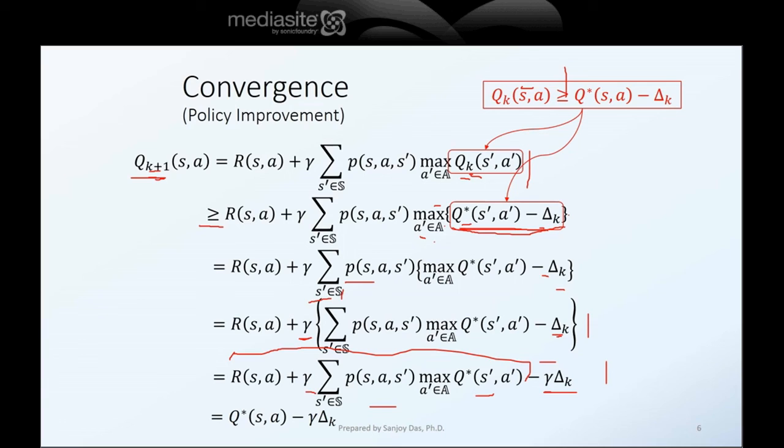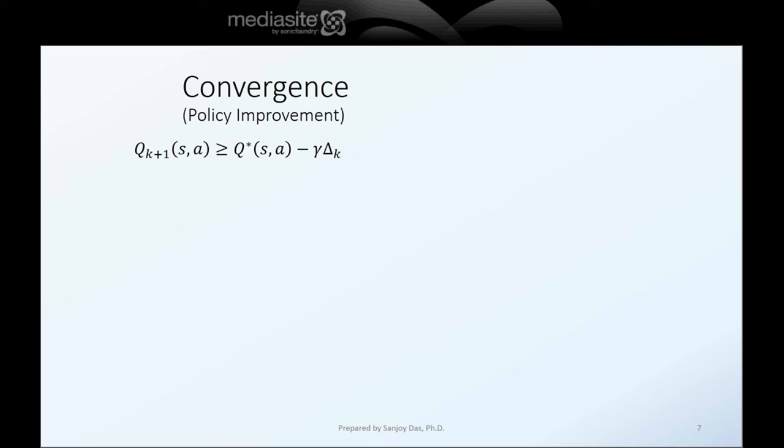And so we just saw that QK plus 1 S A is greater than or equal to Q star S A minus gamma delta K. This is what we just saw,